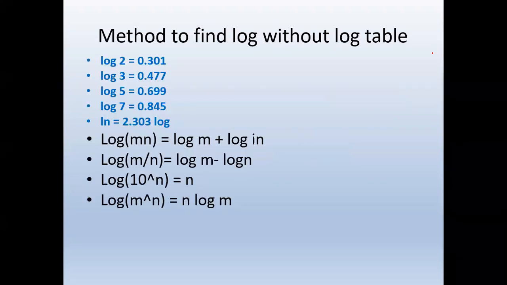So first of all, I have already in my previous video told you to learn certain logs. So log 2, 3, 5 and 7. And I have already told you if you know these logarithmic values, you can find any other value from these. So you might be wondering what happens when you have decimals. In all those cases, approximations are possible, and in most of the cases, you will get almost round numbers, which can be written in terms of 2, 3, 5 and 7.